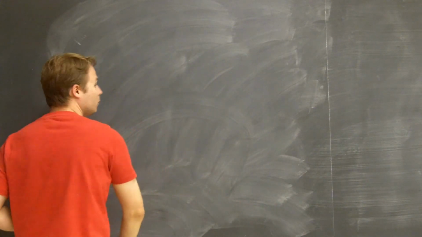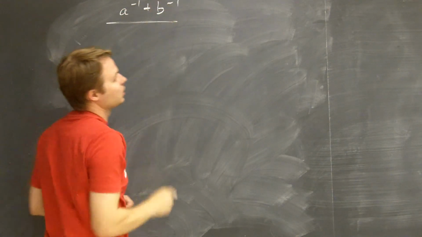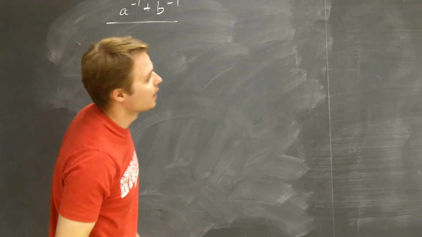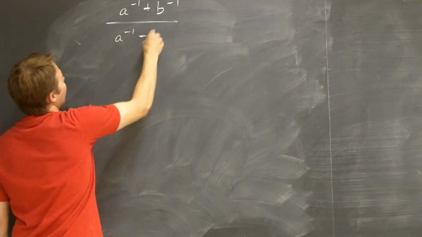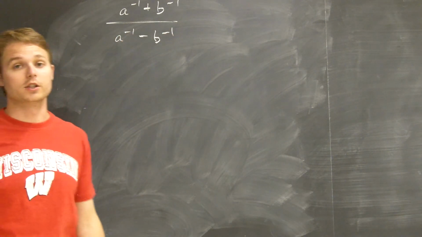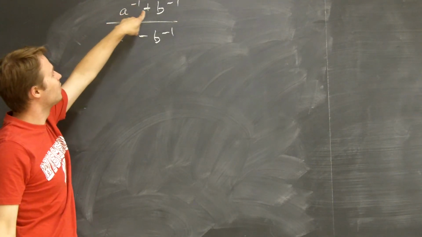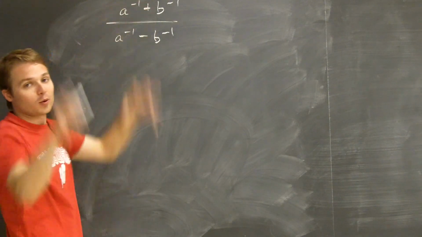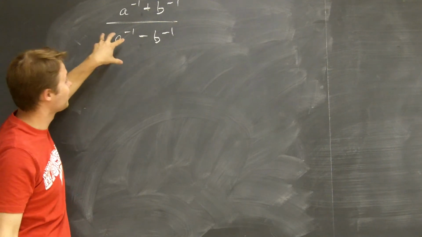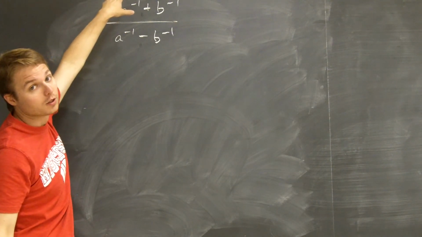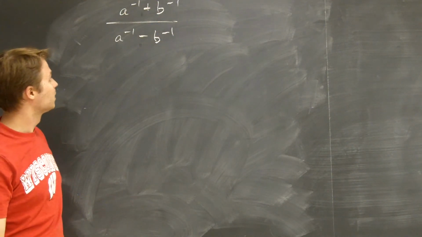Alright, so what happens when we actually do have something that's separated by addition or subtraction? I mentioned that you can't just combine things. If there's addition and subtraction, you have to be really careful. For example, in this particular problem, I can't take any of my variables and move them around the problem because they're all separated by addition or subtraction. So I can't move this a to the negative 1 up to the numerator, for example, and I can't move this b to the negative 1 down to the denominator. So this one might be kind of tricky,